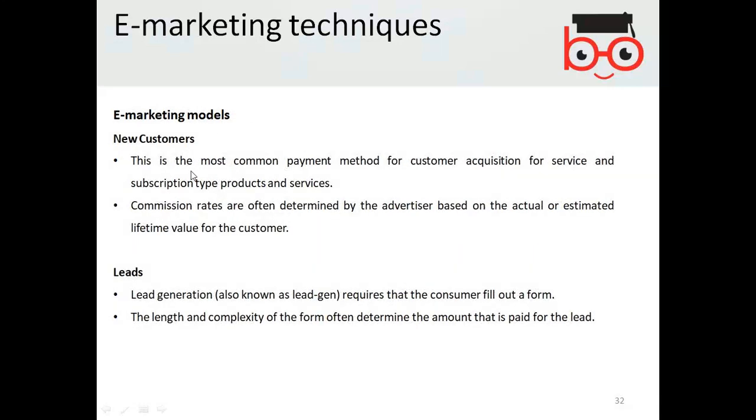This is the most common payment method for customer acquisition for a service and subscription type products and services. Commission rates are often determined by the advertiser based on actual or estimated lifetime value for the customer. So the new customers should be made lifetime customers by allowing them a common payment method for the service by subscription.